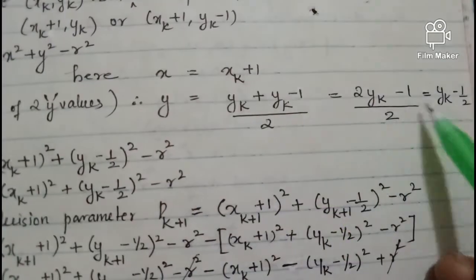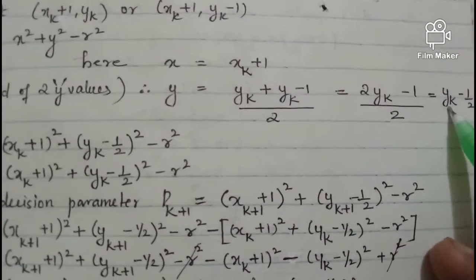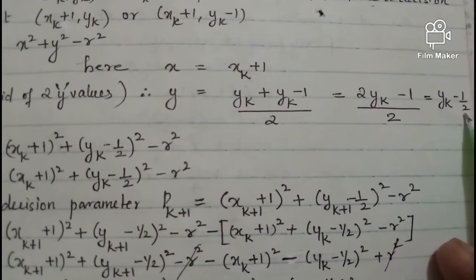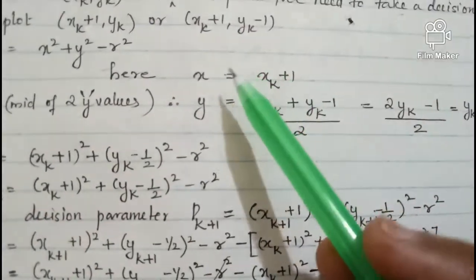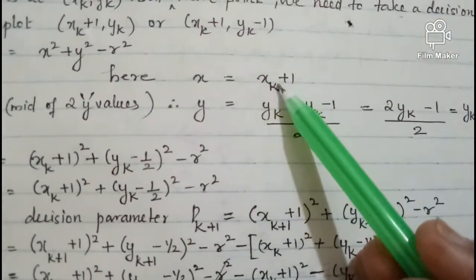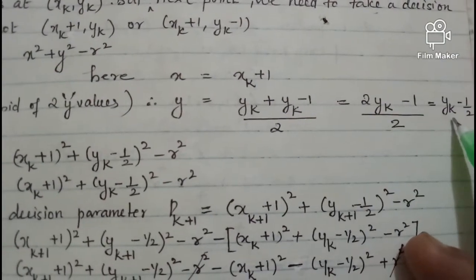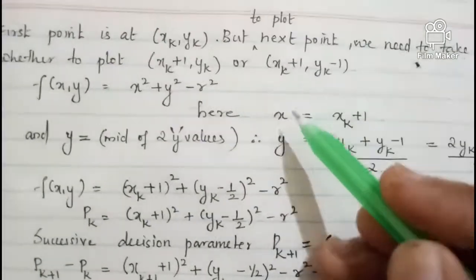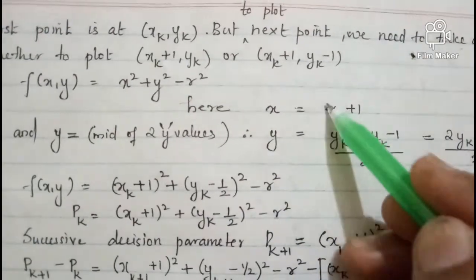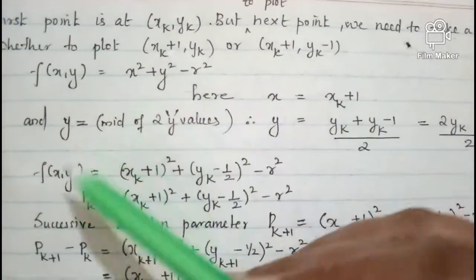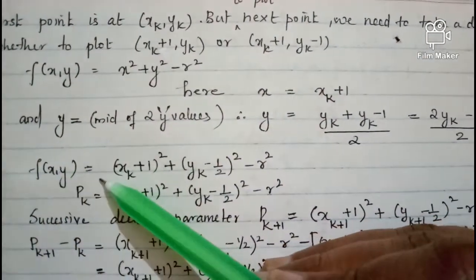So the average of these two values will be yk minus half. So we now know the values of x. x is xk plus 1 and y is the average of two y values, which is yk minus half. Substituting these two values of x and y in this equation, we will get f of xy is equal to